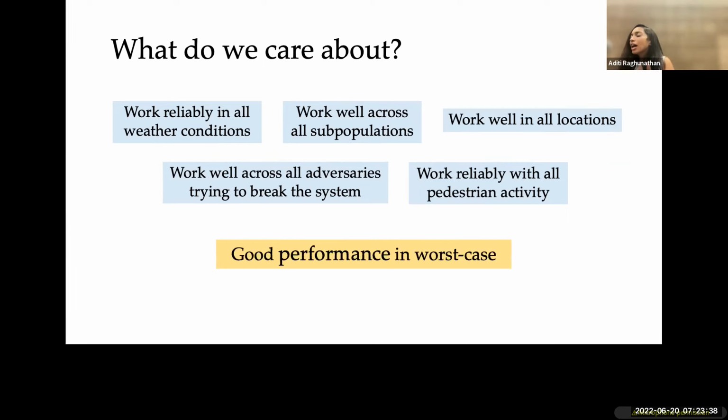One natural instinct, especially for me coming from a more TCS background, was to think: well, I should just get good performance in the worst case. If I could get good performance in the worst case, then I have already covered all these different cases that could happen. That's kind of the best thing I could hope for. So this seems like a pretty natural gold standard evaluation, where we look at how well the system does under the worst case. This is naturally going to encompass all the other variety of cases that you could have in practice.